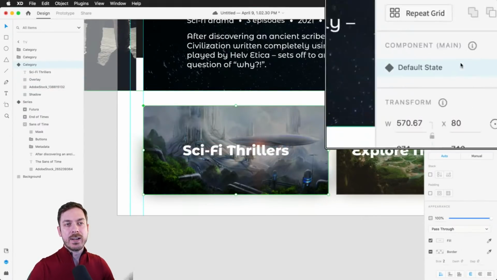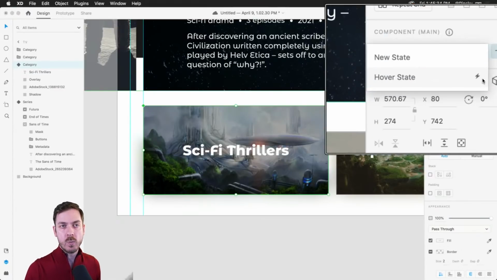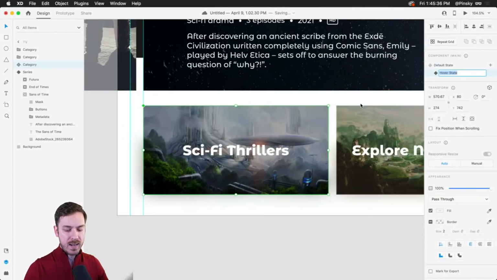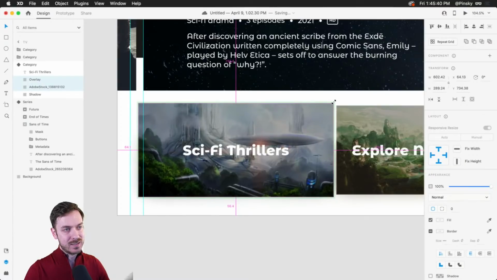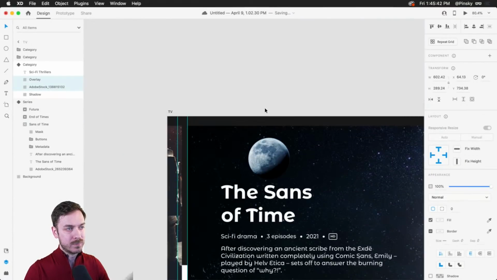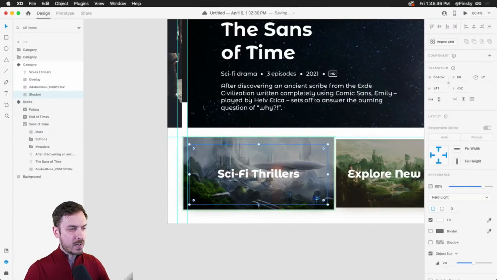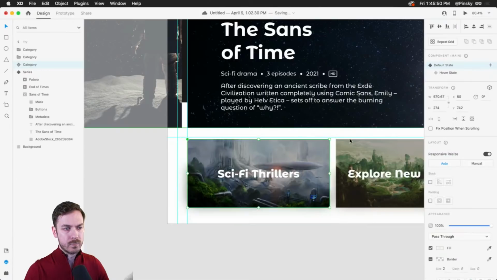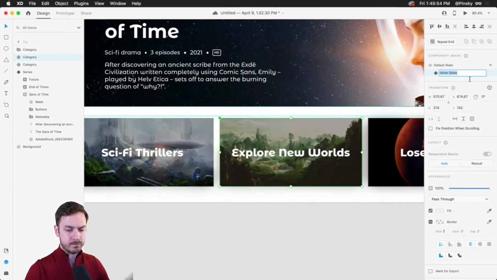I did not. All right, so we have our default state, but we also want to create a hover state. So I'm going to press the plus button, create a hover state, which is automatically going to be wired up by default. And now we can dive in and select our layers, make them a little bit larger. Let's grab another guide, and then our shadow, and drag that on down as well, right? There we go.